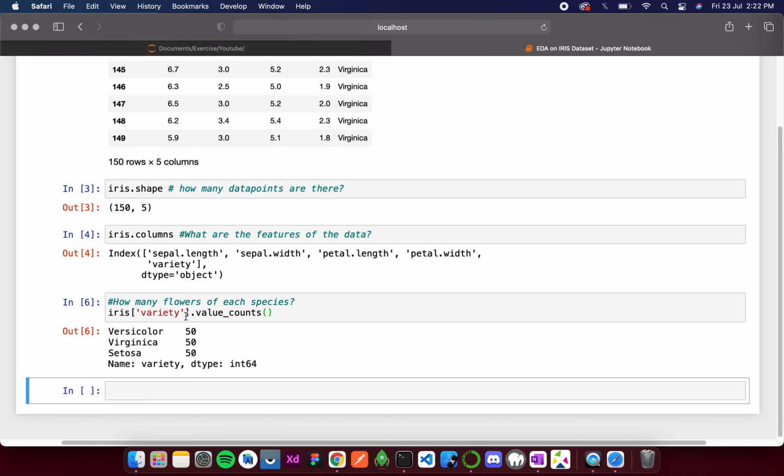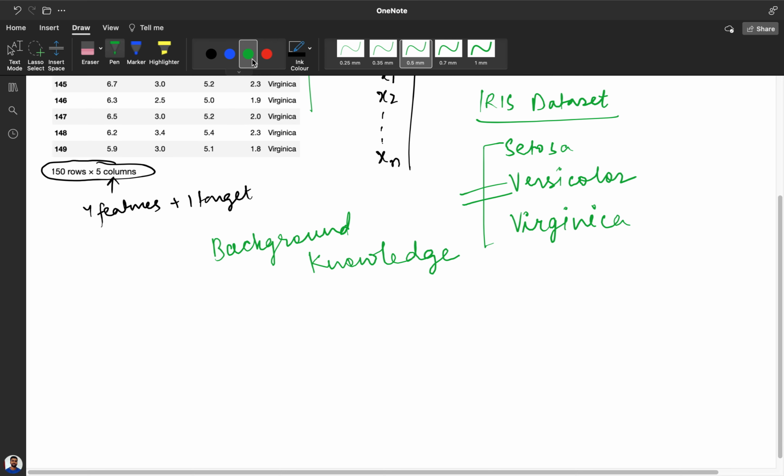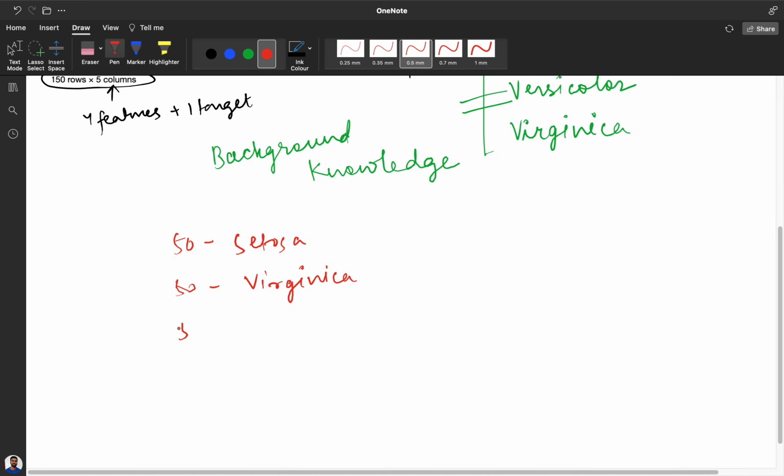So that means that in our iris data set, we have exactly 50 setosa, 50 virginica, and 50 versicolor.